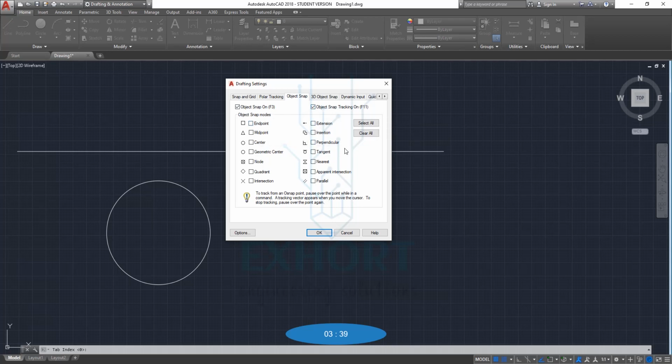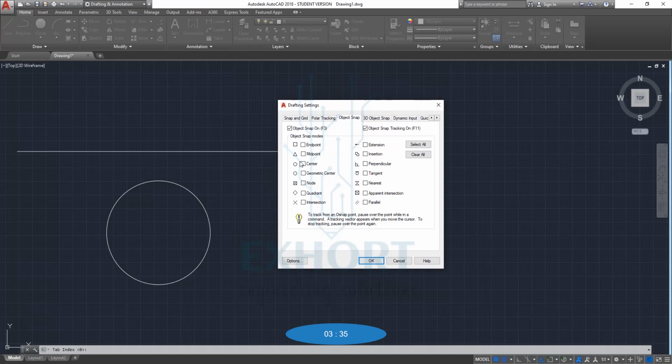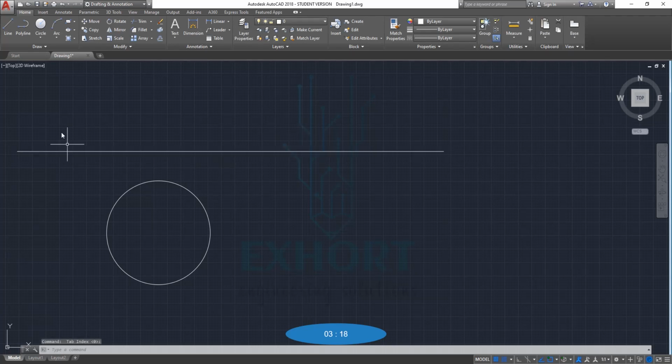Also we have to set which points to show; if we want to show the midpoint of this line, we have to turn on midpoint, endpoint, also the center point of a circle, geometric center. We will turn on all the settings we need in further drawings and simply select OK. We will see how this works.